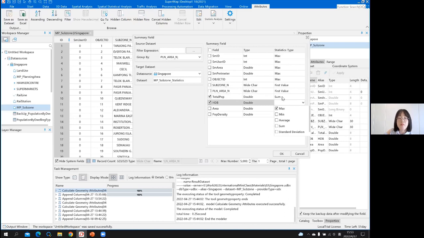And then that's all the settings for this tool. Just click OK. And now we will have a result. Double click on it. Here we can see that